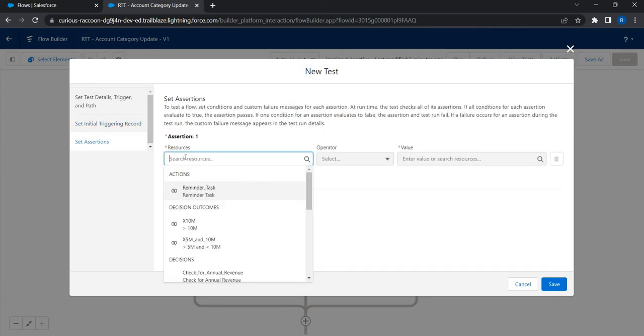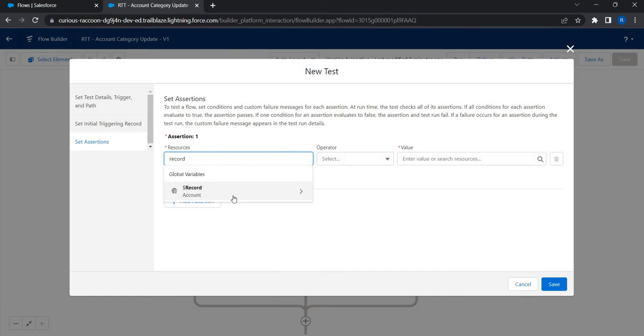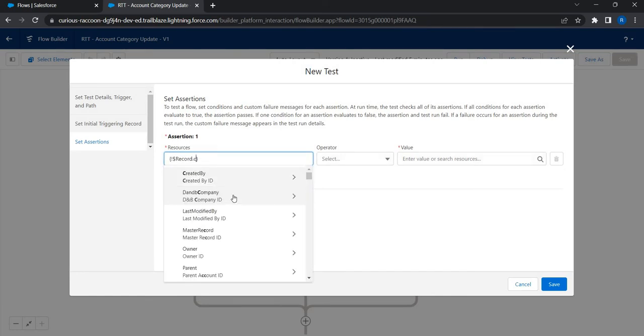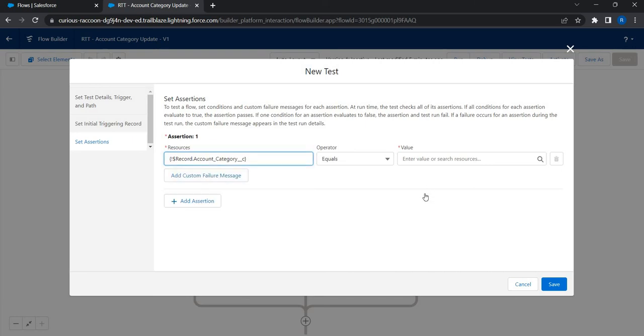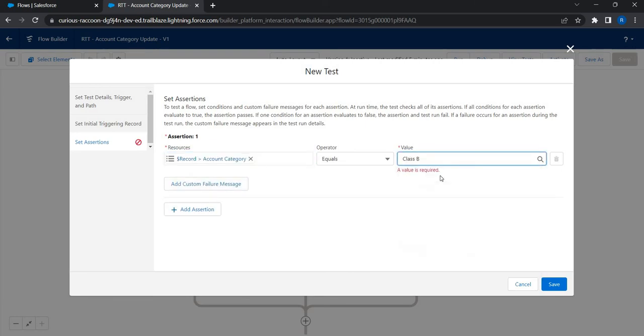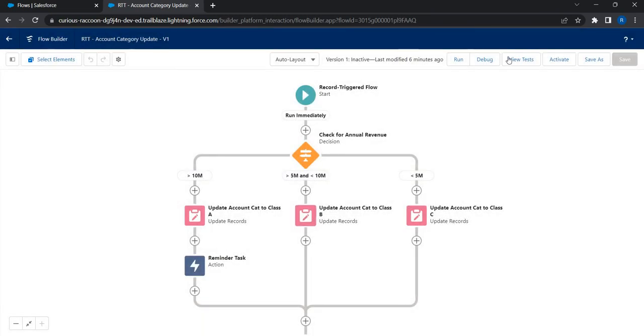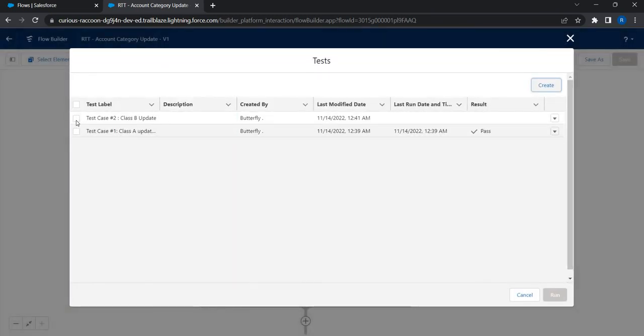Again, the session, right? What is the expected output? My expected output is that the record being created should have the category as class B. This is the expected output. So let's say save. Done. Again, as you have seen, I'll go to test case 2, click on edit